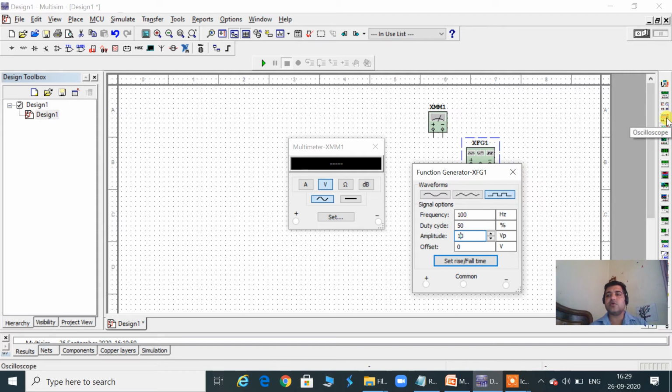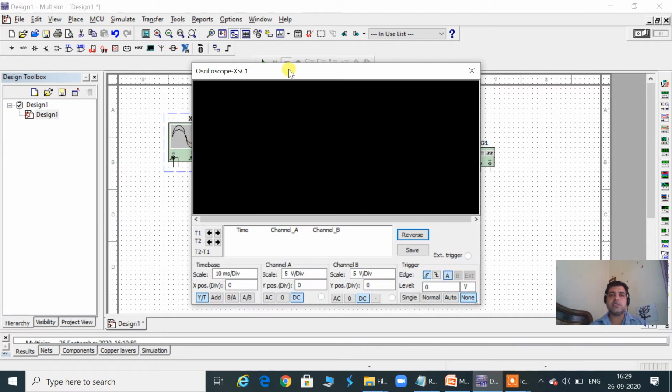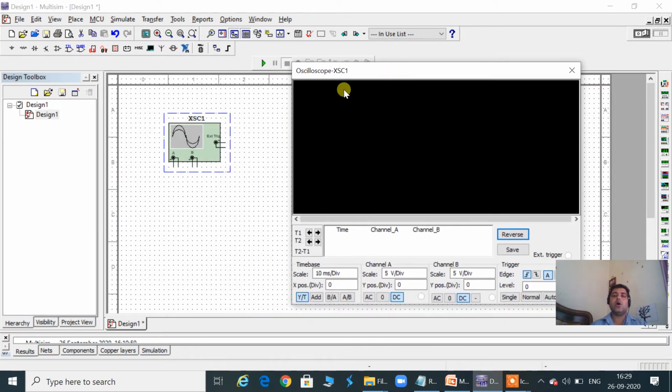Similarly, we are having the CRO oscilloscope. So I am bringing this one. In the lab we are having 2 channel oscilloscopes. I am closing these devices. Now see, this is the CRO panel or oscilloscope panel we will see in the labs, on which waveforms are going to be generated. This oscilloscope is having 2 channels, channel A and channel B. At whichever channel we want to connect, on that particular channel we are going to see the outcomes here.